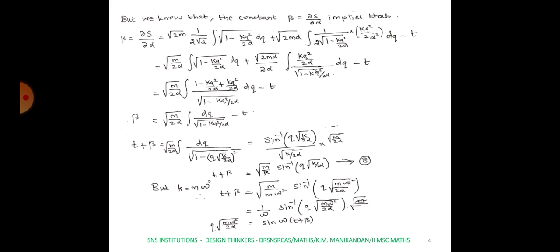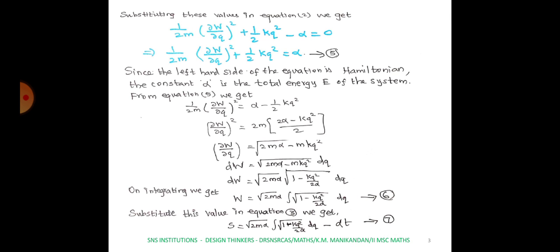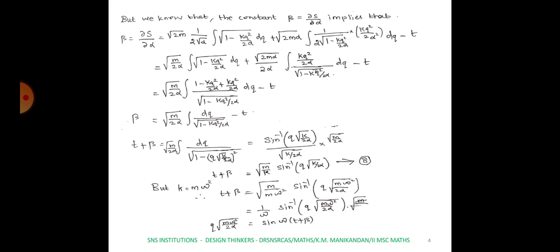But we know that the constant beta is obtained by differentiating S partially with respect to alpha. So from which we get beta is equal to dou S by dou alpha. You differentiate S partially with respect to alpha. Here S is equal to root of 2m alpha into integral root of 1 minus kq square by 2 alpha dq minus alpha t. Now applying the product rule, we get first root of 2m into,